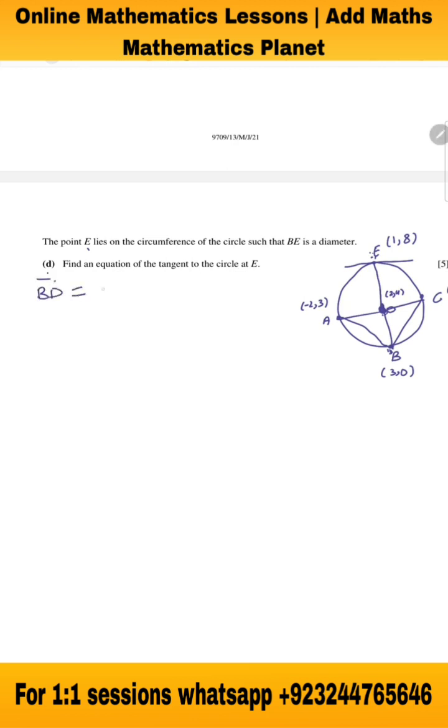So the measurement of BD is equal to 2 minus 3, 4 minus 0, which is equal to (-1, 4). And the measurement of DE is equal to